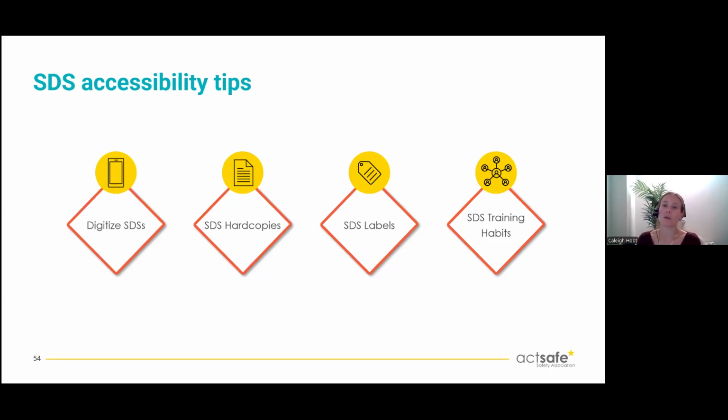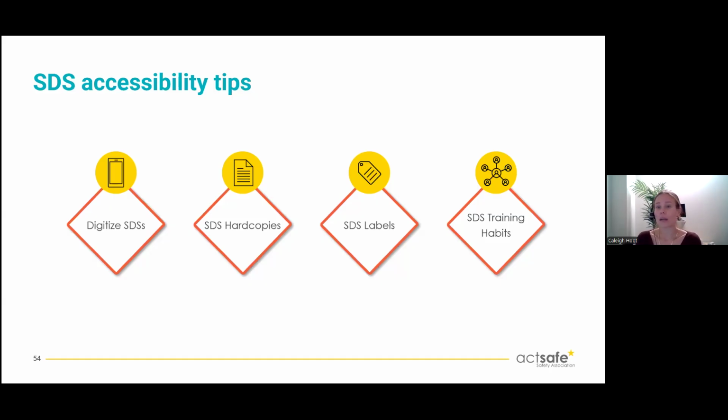And finally, we want to train the habit. So this includes quick toolbox talks, quick demos. You can add this into your day-to-day, add it into your schedule. Like, here's how to find your first aid section, or you can ask people like, what section are you going to find your hazardous material handling? We can rotate which department shares SDS tips during the week. This can build engagement, can build camaraderie between departments, that kind of thing.